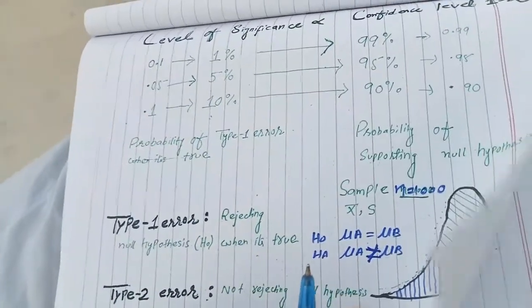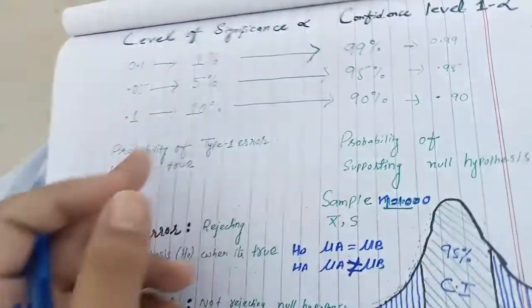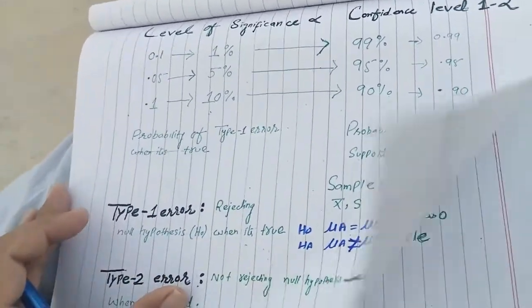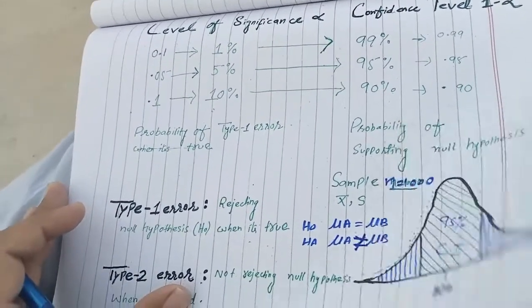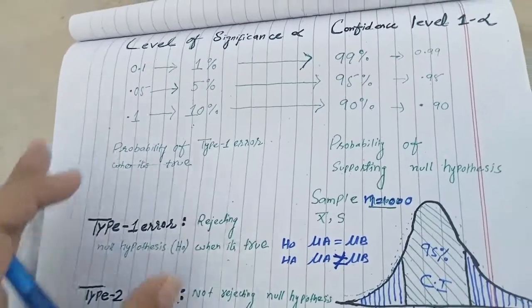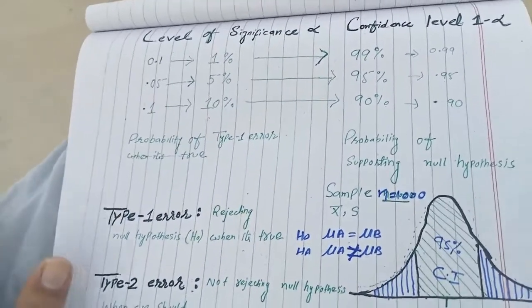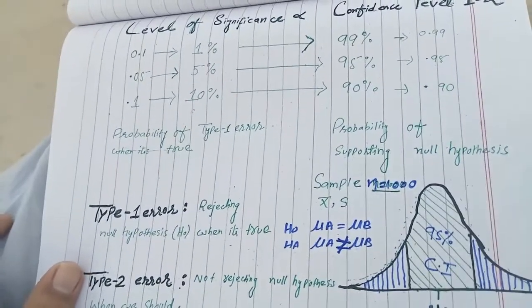So this is basically expressed in terms of percentage, or I can say probability. That's all about today's video, where we discuss the level of significance and the confidence level. And one more thing I would like to say,